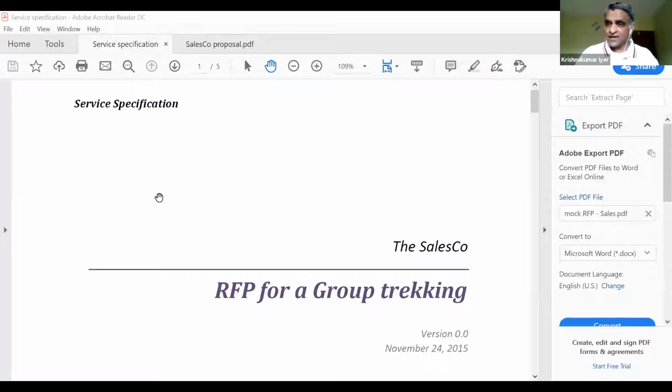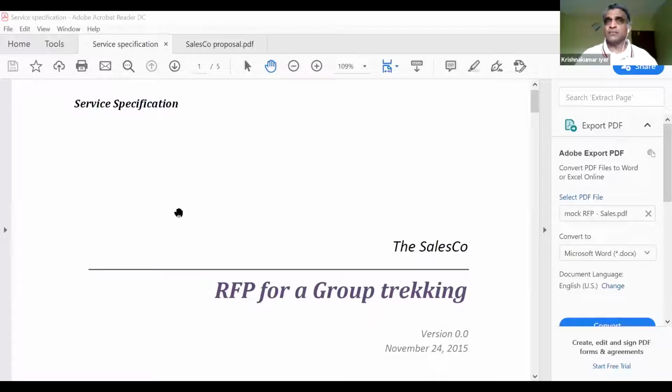This was a sample RFP, which I think would have been circulated to all of you. It's a very short RFP, just about 4 or 5 pages. Not meant to be like the real RFP, but it will give you a flavor of typically the kind of RFPs you and your organizations face. But more importantly, I'm going to talk about the concepts here so that you appreciate that independent of what kind of RFP you get, you can still put together a world-class proposal as a response to that RFP. That's the purpose of the session.